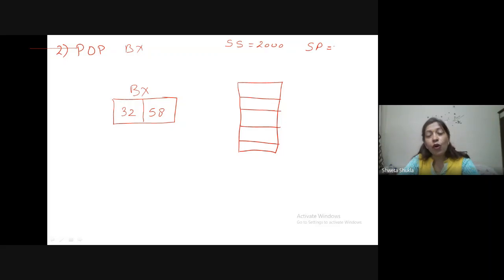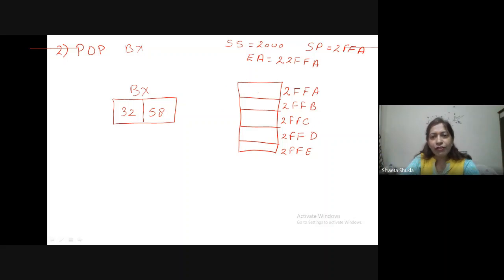Now if we take the segment register again as 2000, and the stack pointer, that means the offset value, as 2FFA, then what will be the effective address? I will tell you directly, it will become 22FFA. Remember? So let's begin with that. This is SS, and here we have 2FFA. That means this is the offset address, the memory location. Then the next will be 2FFB. Then the next will be 2FFC, and similarly it will go on up till the end. You can keep on writing like this.